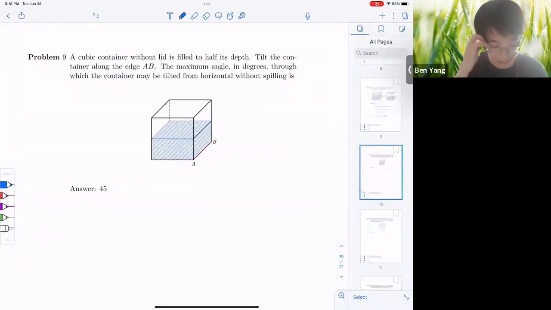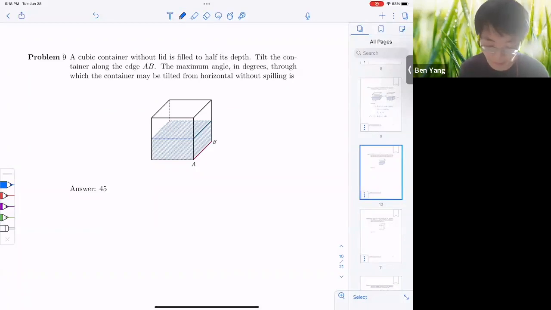Question number 9. A cubic container without lid is filled to half its depth. Tilt the container along the edge AB. The maximum angle in degrees through which the container may be tilted from horizontal position without spilling is what? Okay. If we tilt it, then